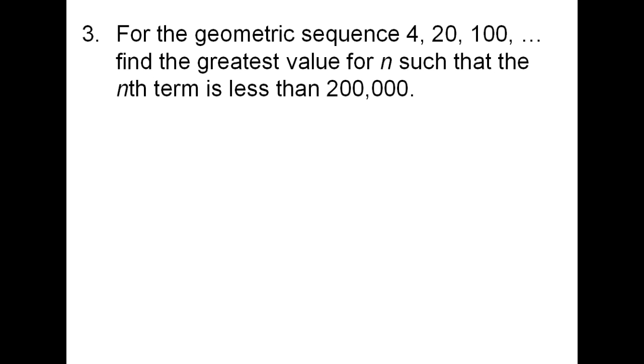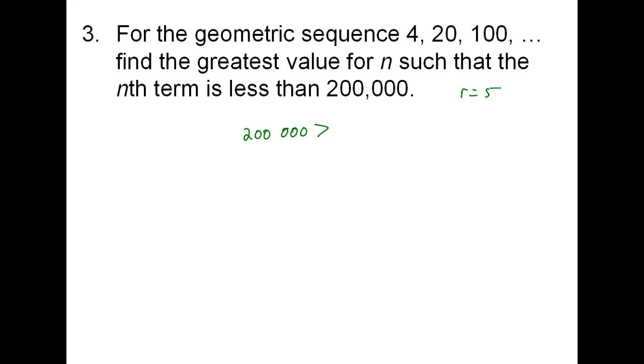We have one more example we need to look at here. For the geometric sequence 4, 20, 100, it looks to me like what we're doing is multiplying by 5. So r is going to be 5. I want to find the value of n such that the nth term is less than 200,000. So 200,000 has to be greater than